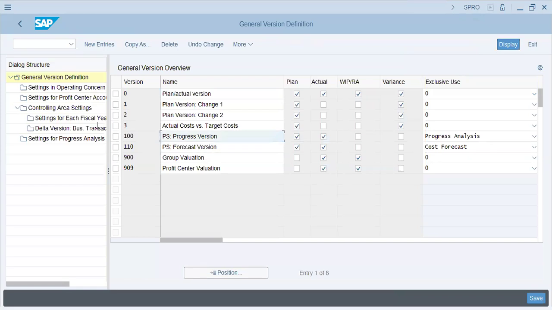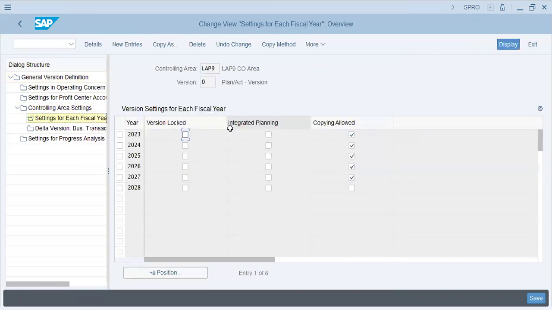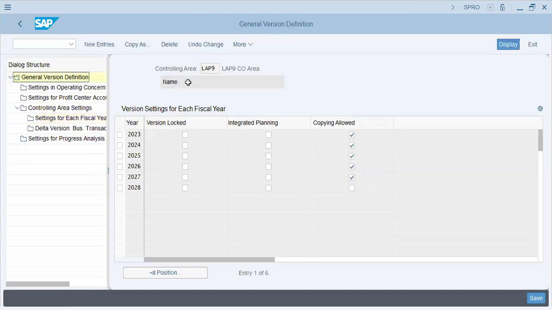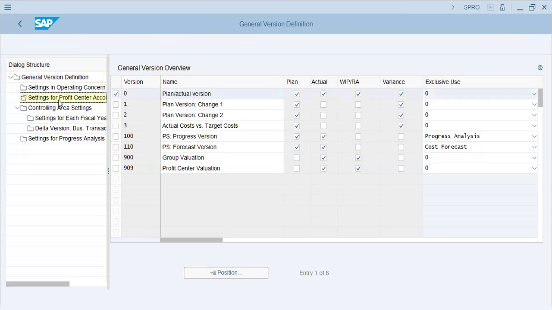So we actually use versions for storing transactions and values for various controlling areas. Right now, the area is ZAP 9. So plan actual version setting for each fiscal year is this, and onwards we can forecast for next year's. So general version definition, and if we select this settings,